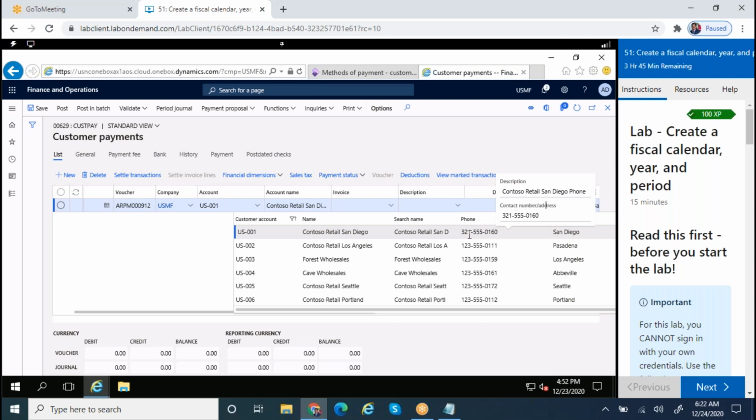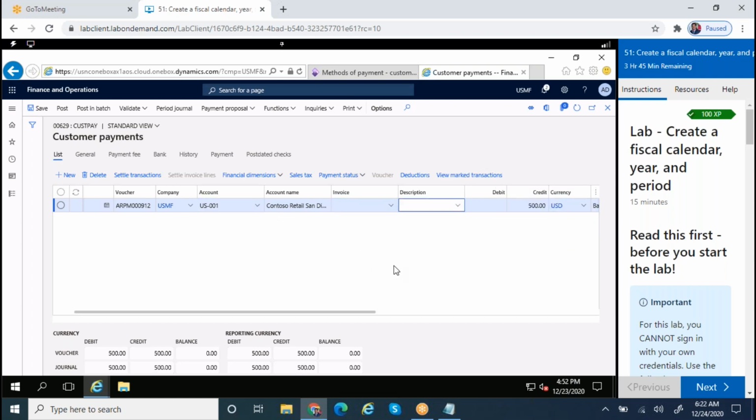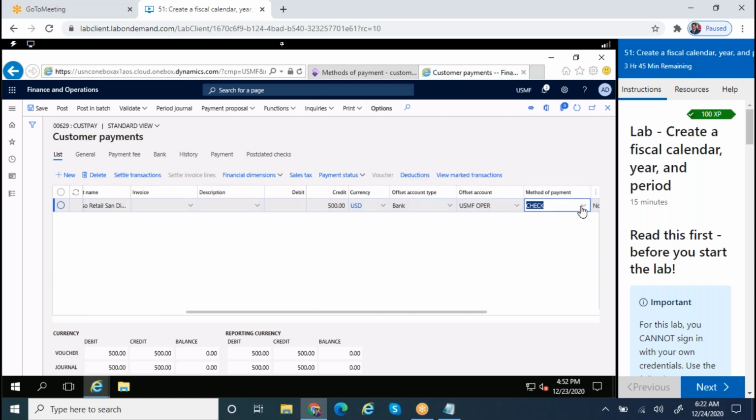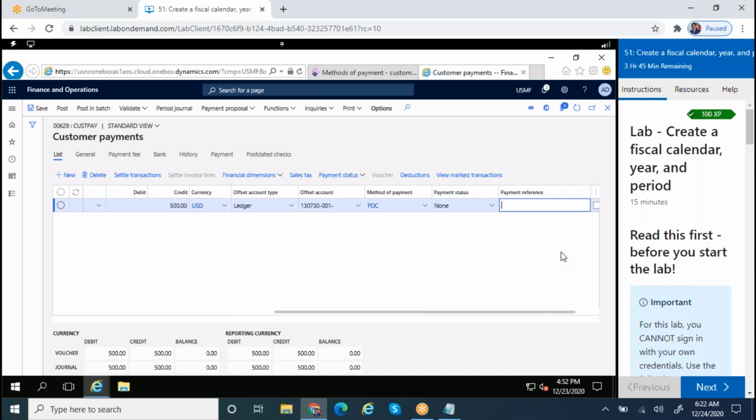Okay, 500 I have entered. So I select PDC. Automatically it will change the accounts. Yes, now it is coming perfectly. What was my mistake is I had entered debit account instead of credit. Okay, so